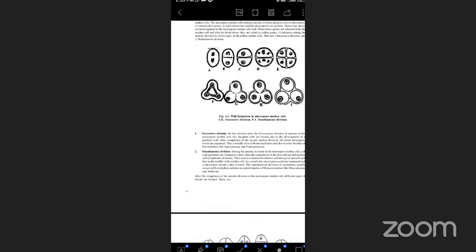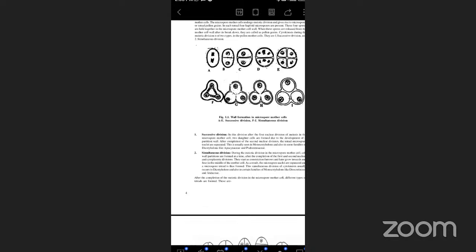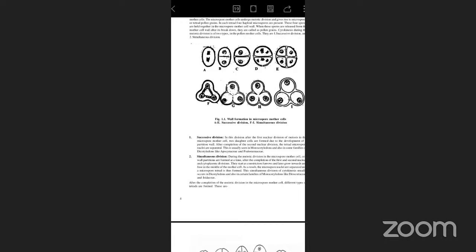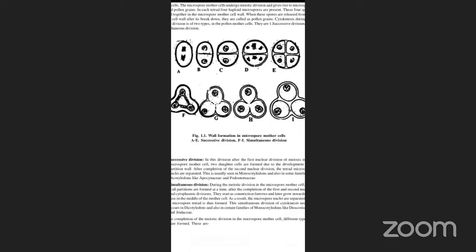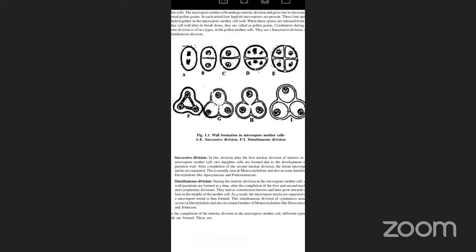That's simple here. What is microsporogenesis means? Microsporogenesis means, in the name itself given, sporogenesis, which means,